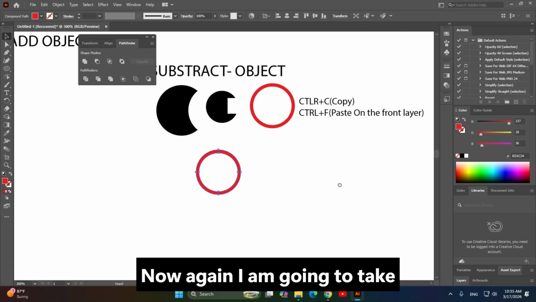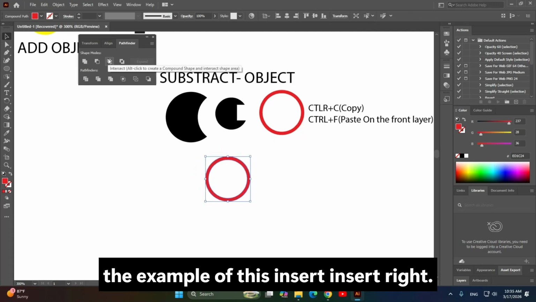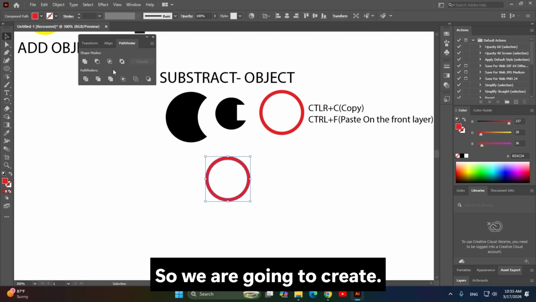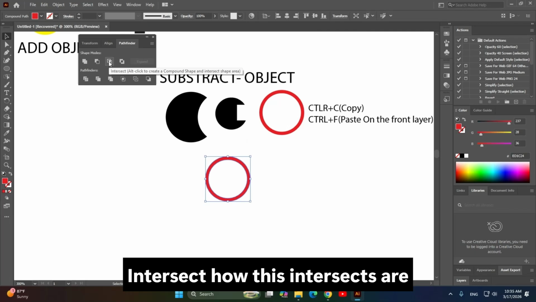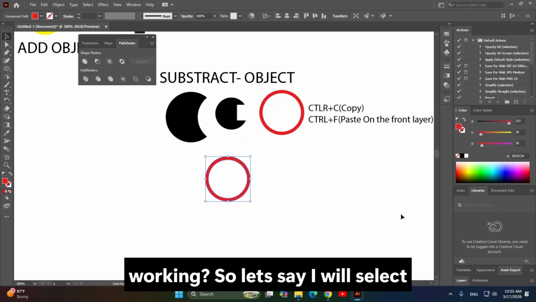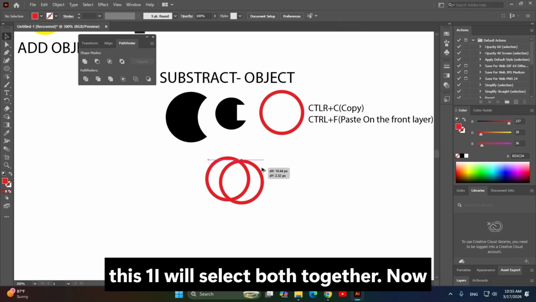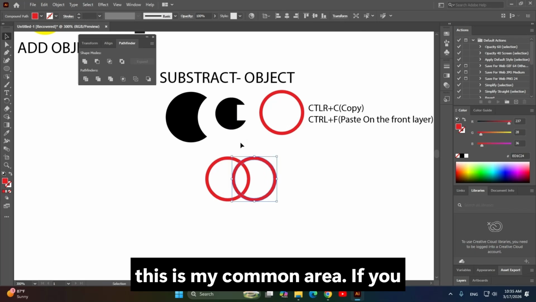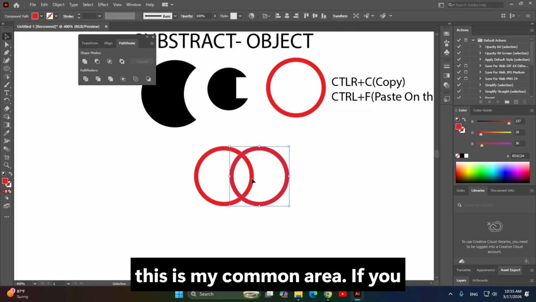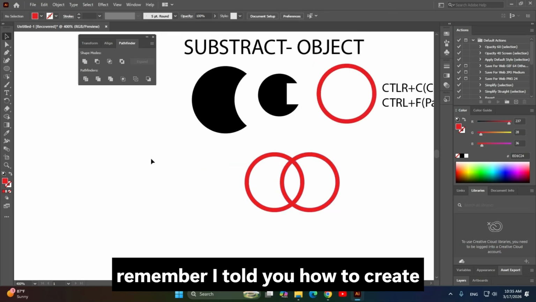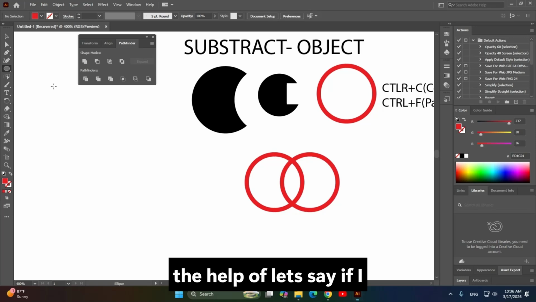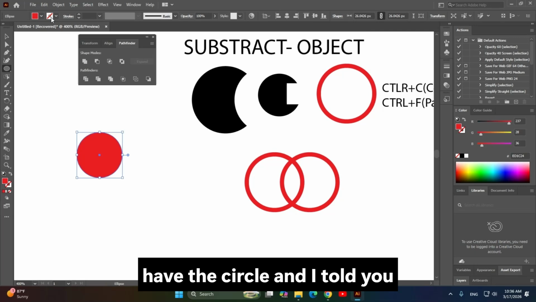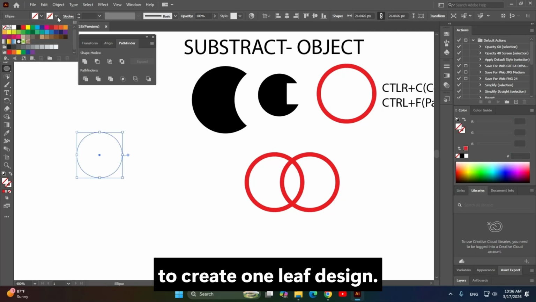Now again I'm going to take the example of this, right? So we are going to create intersect. How does intersect work? So let's say I will select this one, I will select both together. Now this is my common area. If you remember, I told you how to create a circle, and I told you to create one leaf design,